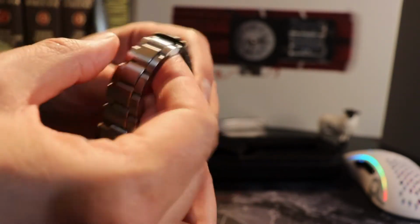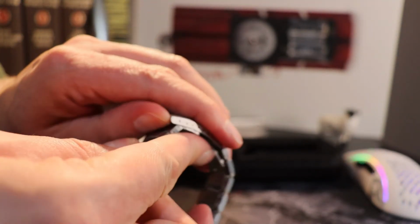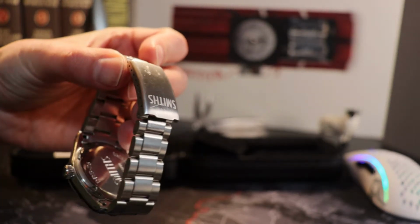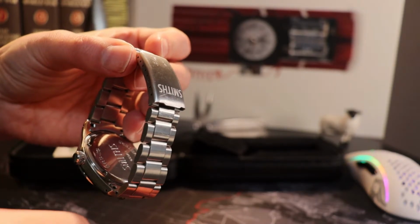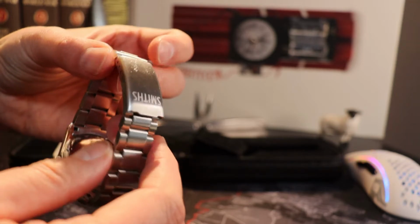The clasp, though, on the back is a little awkward. It doesn't click 100%. It is slightly exposed, as you can see here. Pulling it out, I mean, yeah, it's not brilliant, but having said that, I had a quick look at the Smiths blog today, and quite a few people on there had multiple chat boxes open, people complaining about Smiths